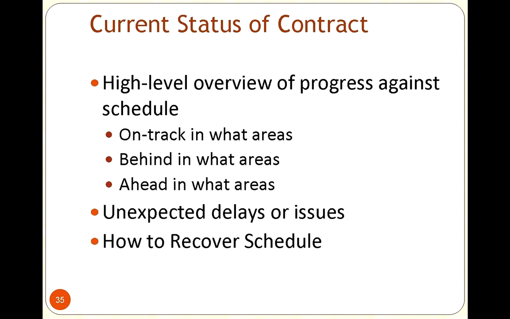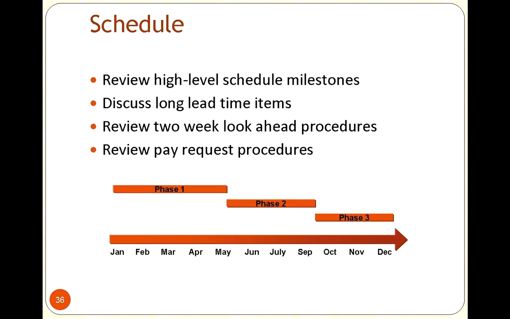Now, as far as where the contract goes, you always want to make sure you're staying on track, but be ready for unexpected delays. It's going to happen. It's rained a lot. A budget constraint came in for whatever reason. So you're going to have to be ready for it, and think about how you can make a recovery on that schedule. How are you going to make adjustments along the way that will really help you power through that whole process? So what we would try to do is put together a lot of milestones. We used Microsoft Project and Primavera, because Primavera is what the military used at that point.